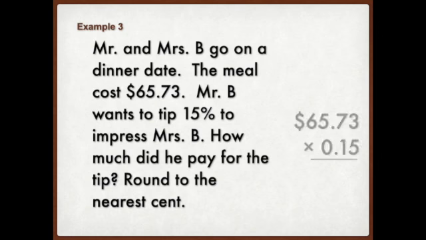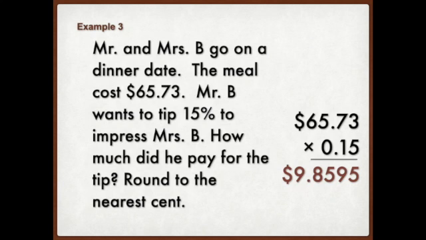I'm now going to add the decimals. So there's 4 decimals, and then I'm going to multiply. When I multiply, I'm going to get 98,595. I plug in the 4 decimals, and that goes between the 9 and the 8. Now I need to get rid of the 9 and the 5 at the end because we're doing it to the nearest cent. But before we do that, we have to look at the 9. That's greater than 5, so that rounds up the 5 to a 6. So that gives us